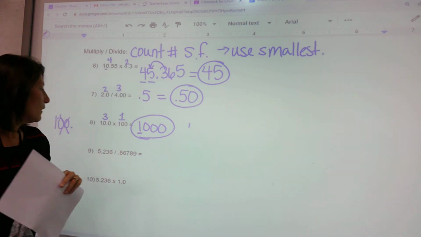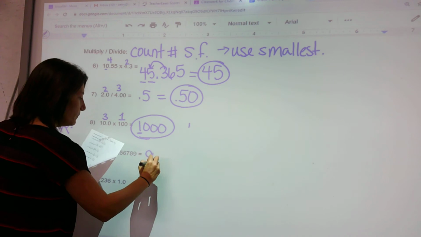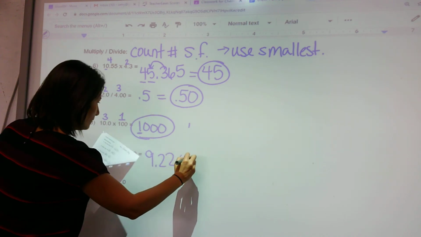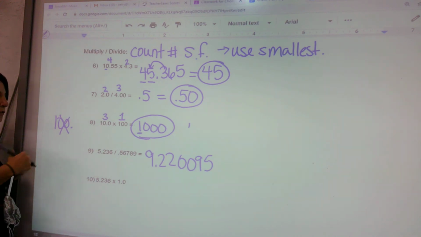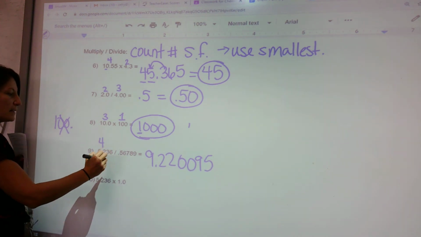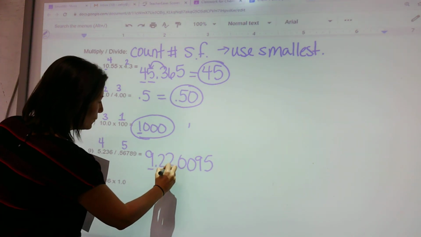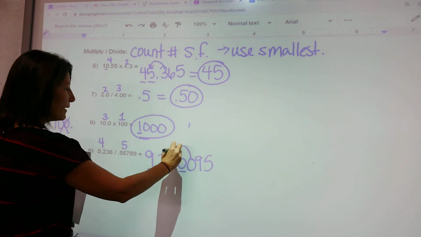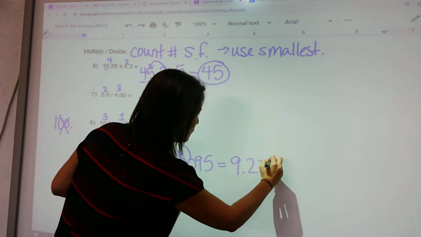Alright, number 9. When you divide these numbers, you get 9.220095. 5.236 has 4 significant figures, and this one has 5. So I want 4 in my answer. So I'm going to go 1, 2, 3, 4. That 0 is going to keep that at a 0, so my answer should be 9.220